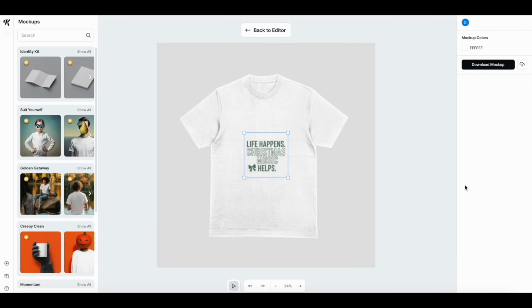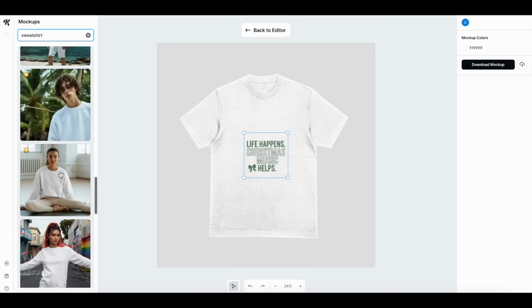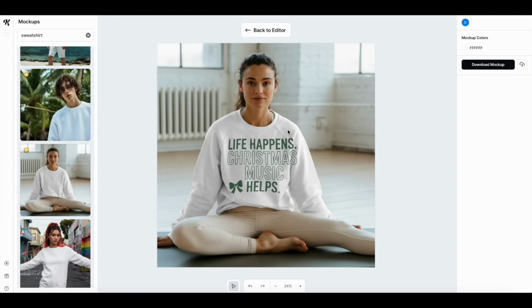I do want to quickly show you what it looks like on a mock-up. I'm placing mine on a tote bag, but honestly, I kind of wish I did a sweatshirt for this one because look at how cute that looks. Okay, now all that's left is to export the design as an SVG and then import it into Cricut Design